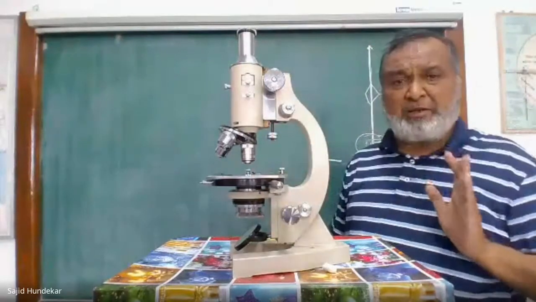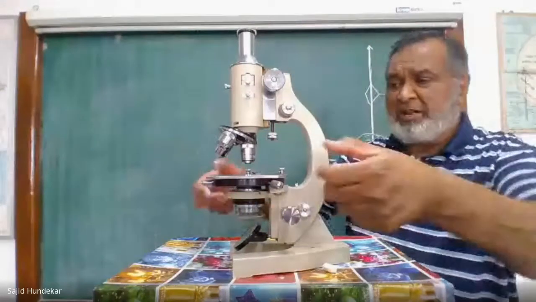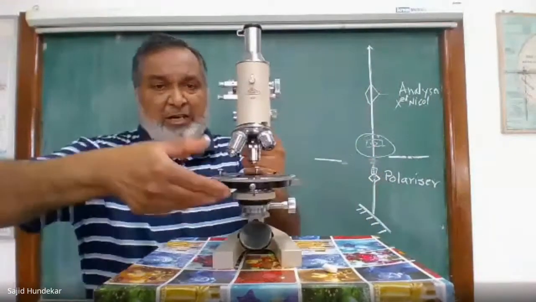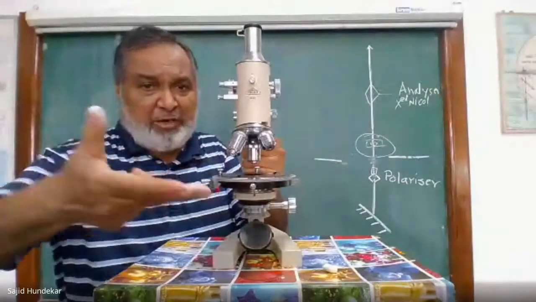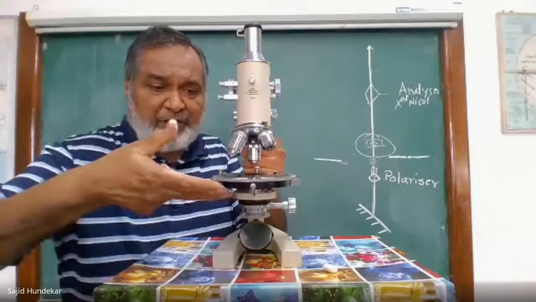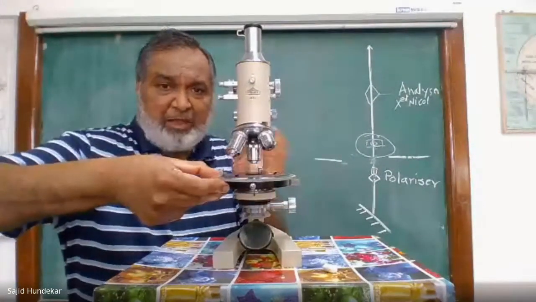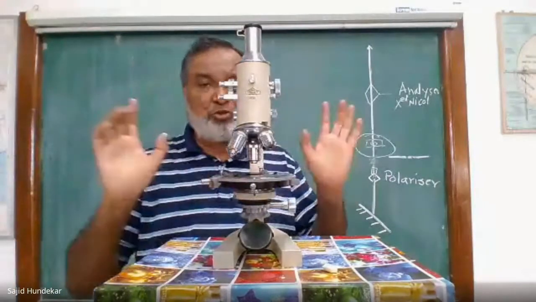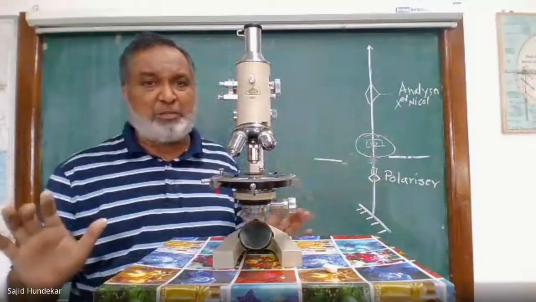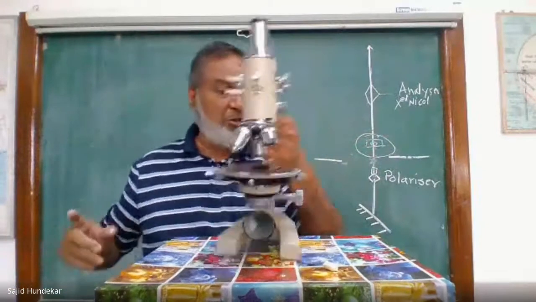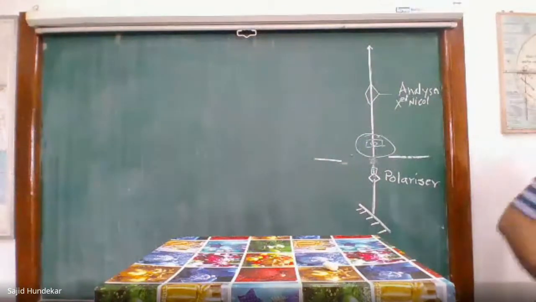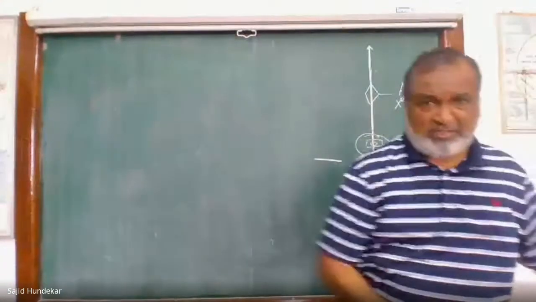So all this will be perfect. So nothing has to be done. Only care has to be taken when you are going to rotate the stage: with these two fingers you have to fix your vernier scale, and with the thumb, while rotating, your arm should be straight, so that these two screws are not touched. Once you have taken this precaution, nothing will happen, and you are going to see the properties under the polarizer or analyzer. I think this is clear.